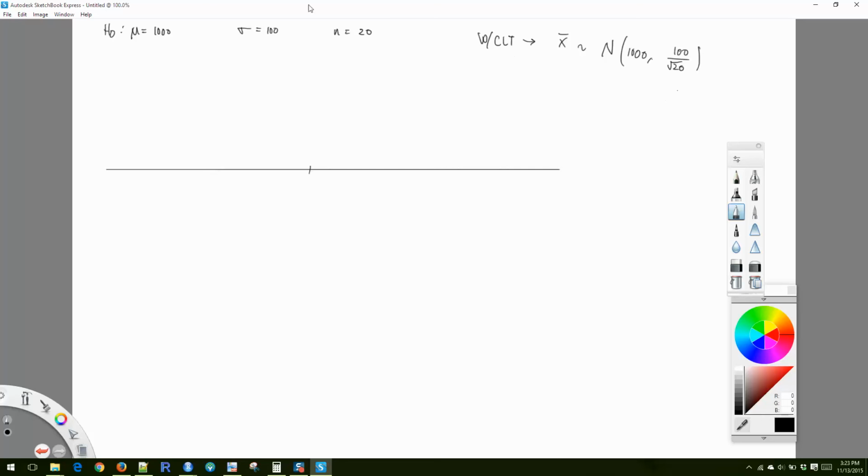Okay, and if we're using a non-directional alternative, mu is not equal to 1,000, when do we reject? We reject when our p-value is less than alpha, so we'll say alpha is equal to 0.05. All right, so if the null hypothesis is true,